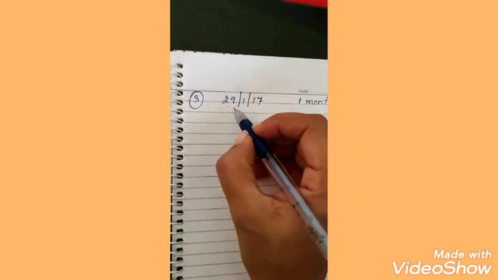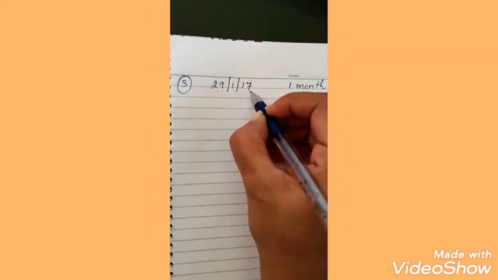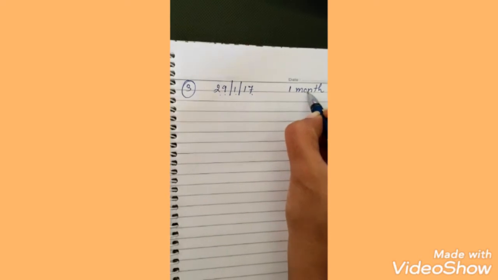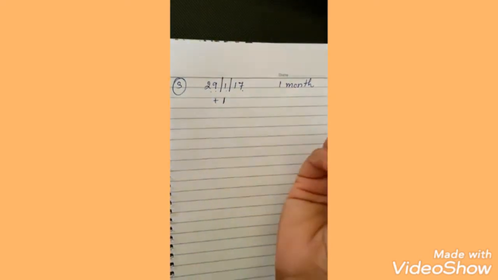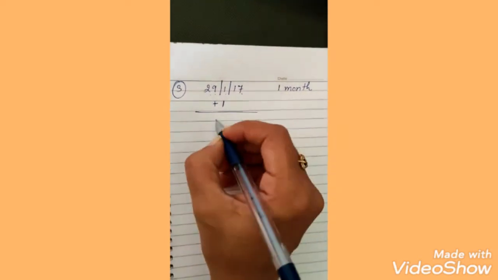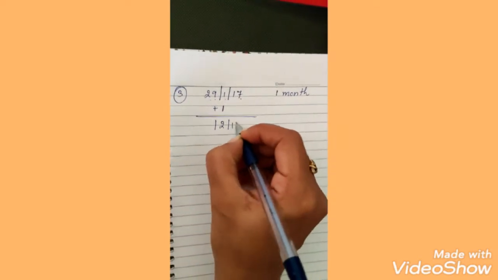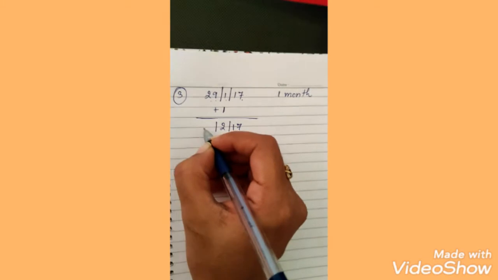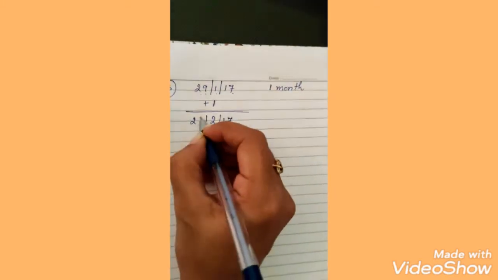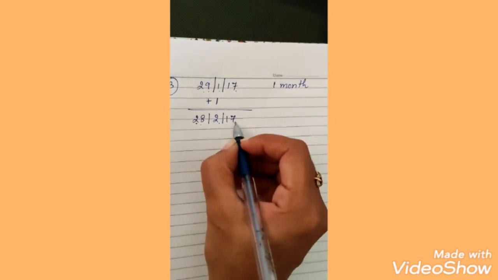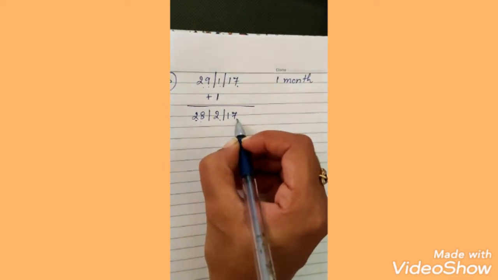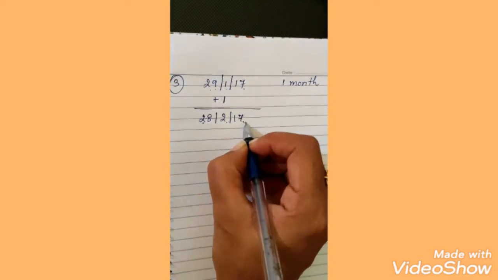Okay, so if the bill is drawn on 29 January 2017 and the bill is drawn only for 1 month, again I'll add 1 month. Add 1 in the month. You'll reach 2nd month. But here I cannot write 29, right? It will be 28 Feb only. So 28 Feb 2017. Then I have to add 3 days of grace.